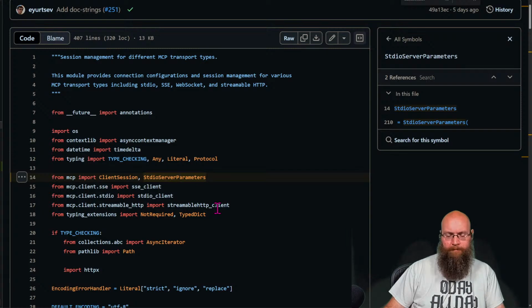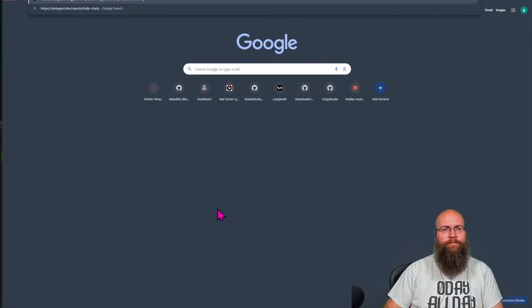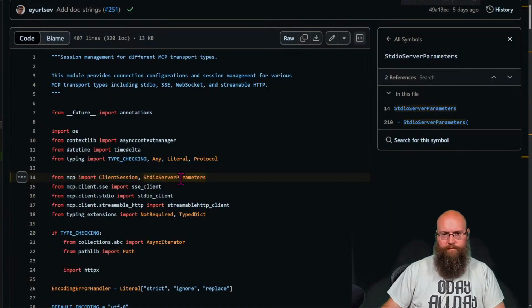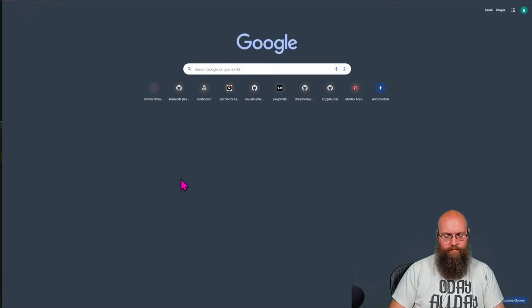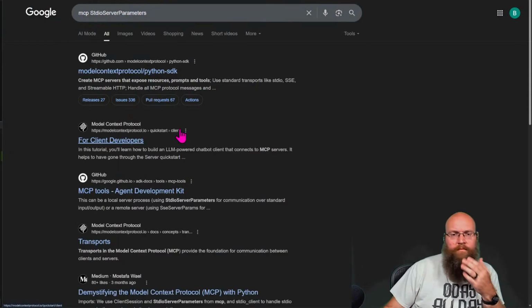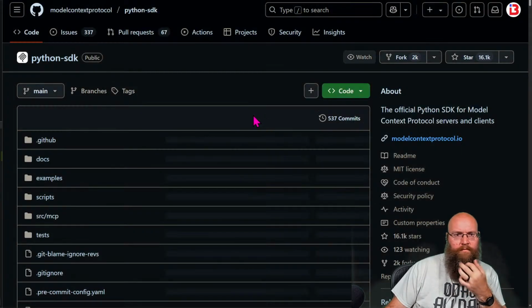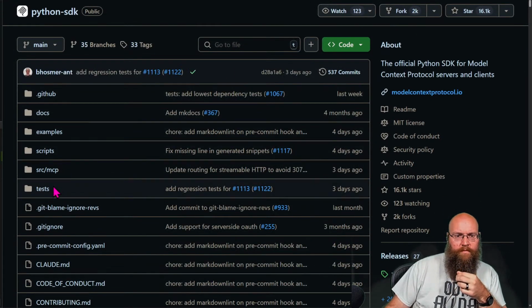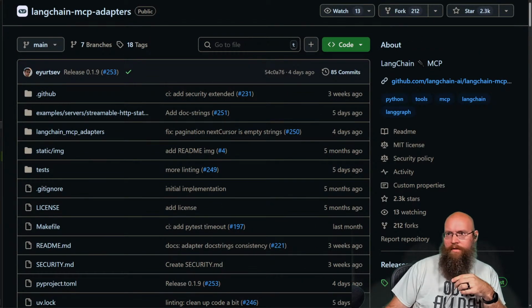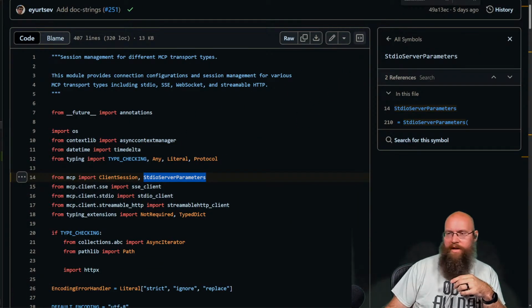Suboptimal. Source MCP, and then what was it we were looking for? We were looking for standard I/O server parameters.